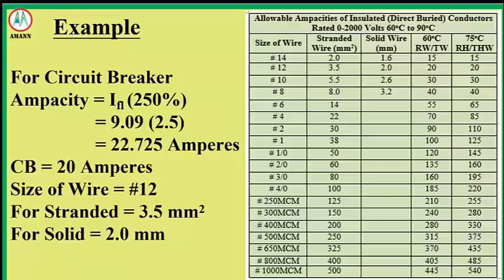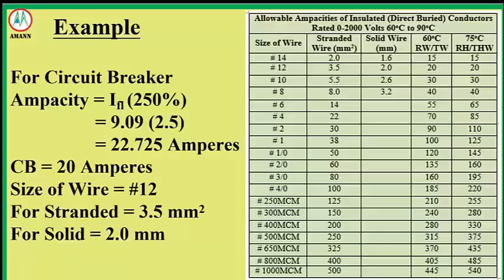In practical applications, not all outlets are used at full capacity simultaneously, so diversity factors may reduce the actual current draw. Proper planning, including appropriate breaker sizing, wire selection, and load distribution, ensures the safety and efficiency of the electrical